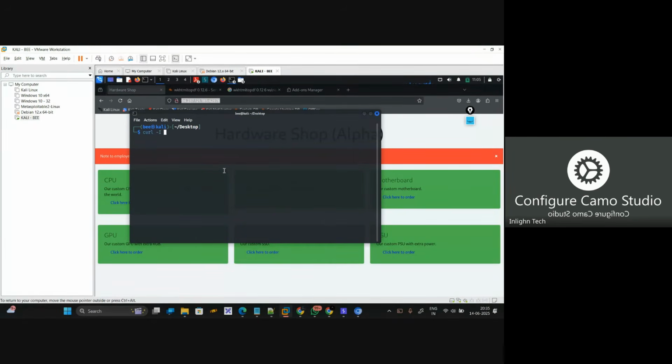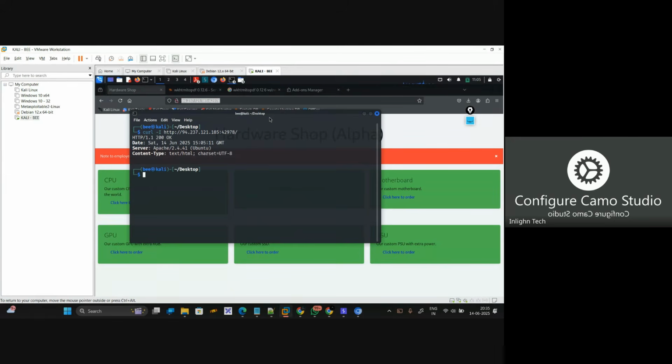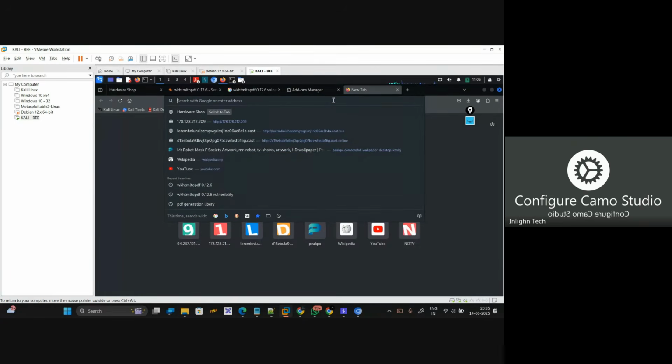Last time I showed you this. I don't know if you practiced this or not. Yes. Okay, so it says server: Apache 2.2 and this one. Now, I don't have time to read the documentation for the default configuration file location of this. So what I do is I simply use ChatGPT,